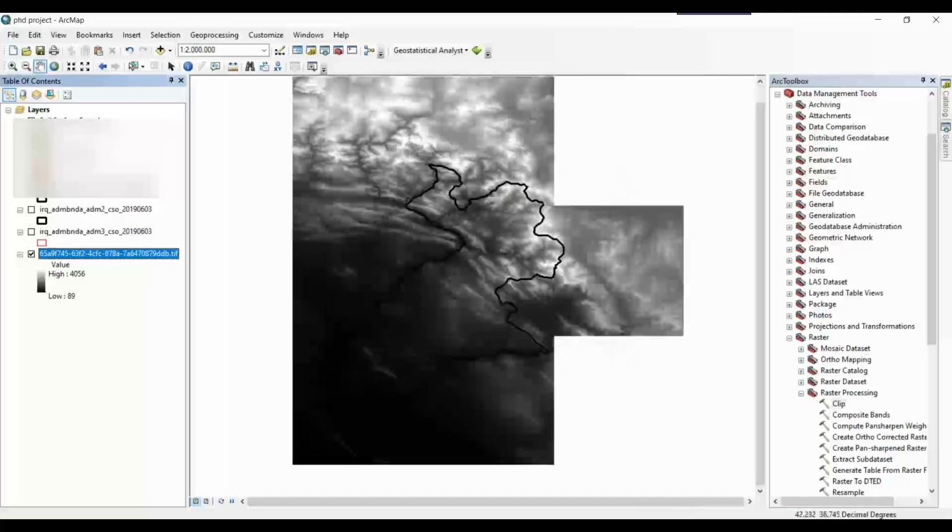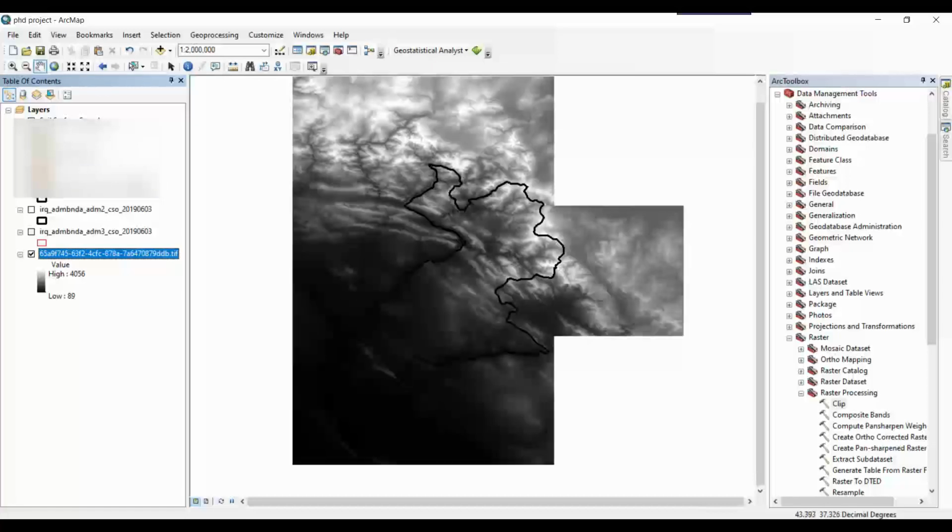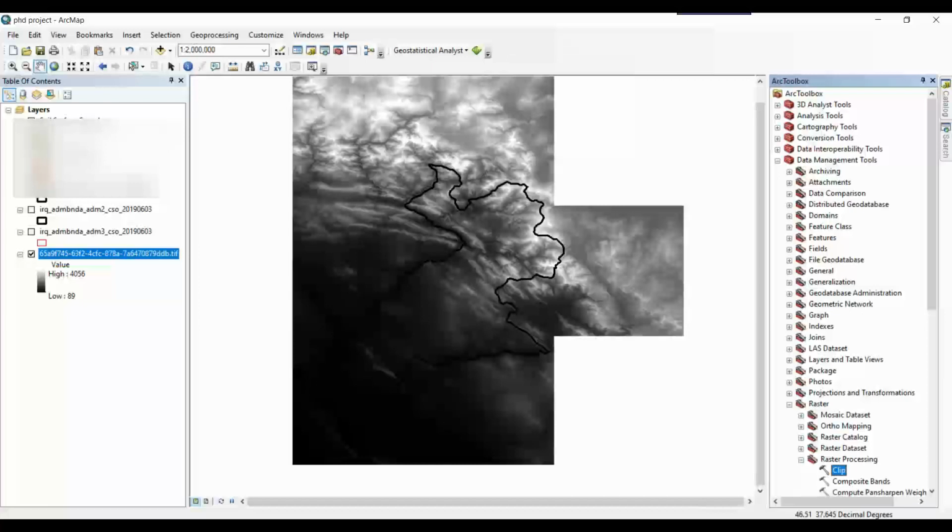This is the image that I just downloaded, and we have this black area shapefile that I should clip the DEM on. For this purpose we have to go to Arc Toolbox,